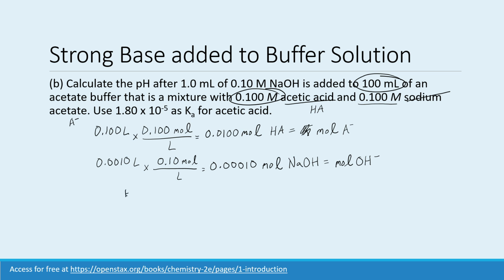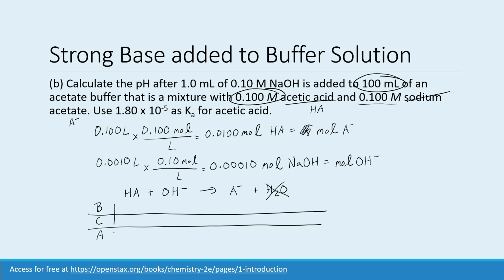Now this time, because we have the hydroxide ion, that is going to react with the weak acid. And so this time we'll have the weak acid on the reactant side plus that hydroxide ion, and then that is going to react fully to form the weak base. And we have, of course, water hanging out here on the product side, but we don't care about that because it's a liquid, so we don't need it. Looking at that BCA table,